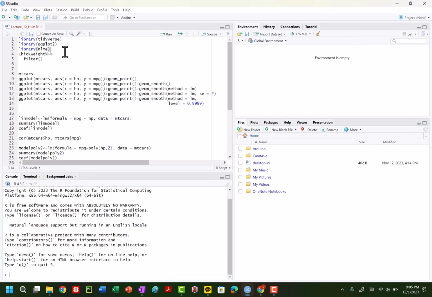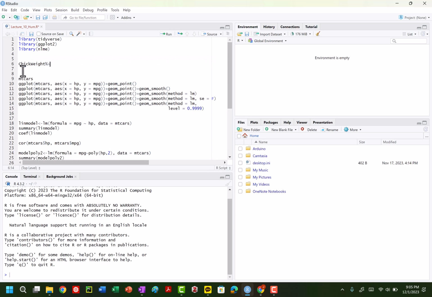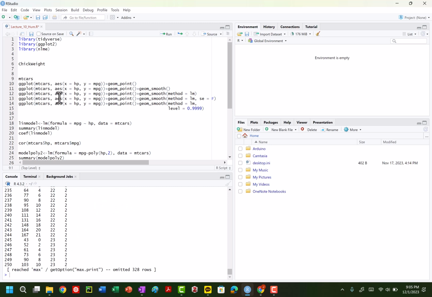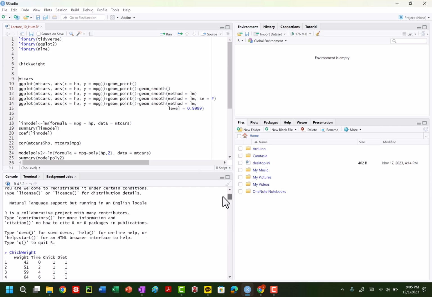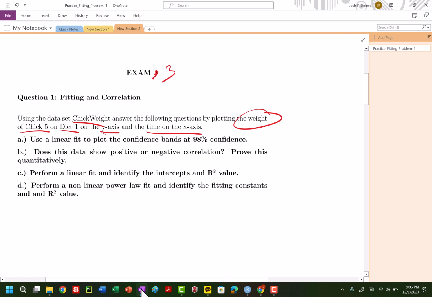All right, so we are back and we have our functions built in. So let's look at ChickWeight. Go to our downloads. So let's look at our function here. We're going to control enter. And we are going to look at different parameters here. So we have weight, time, chick, diet, and we are asked, what were we asked to do? And as it does this, it's going to look through, and we can start to set up